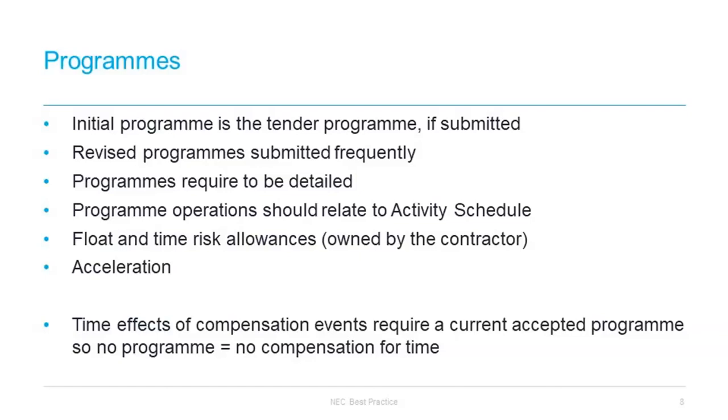If the contractor has built time risk allowances into their programme, i.e. a float for particular activities, and a compensation event has an impact on the critical path, then they do not lose the float. So we prefer to use the term time risk allowances for contractor-owned floats rather than float more generally, because the float that exists out with the critical path does not belong to the contractor. So if you have a compensation event that impacts non-critical path items, i.e. you can accommodate it because it is not on the critical path, and does not impact the completion date, then that float really is to the employer's benefit.